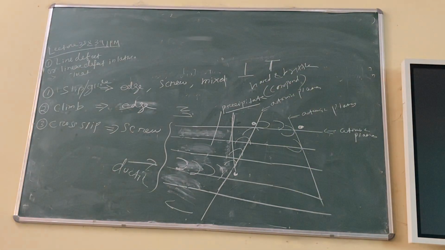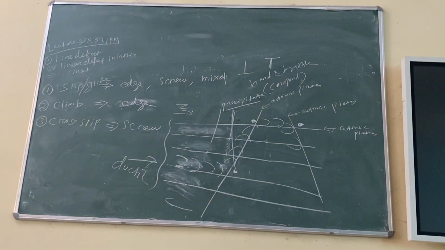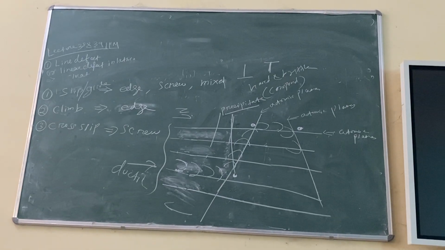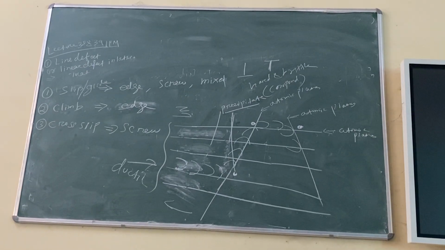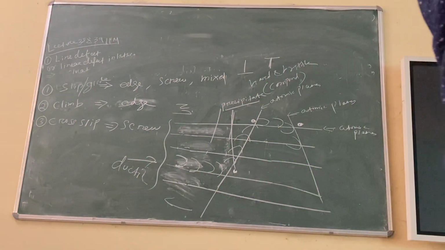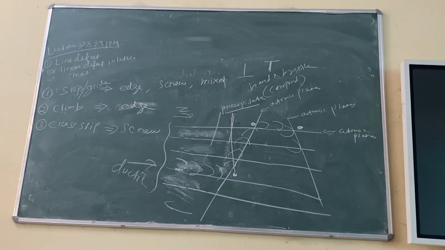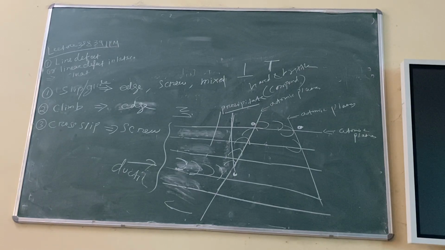And what about the solid solutions? In a solid solution, the size of the solute atoms may be big, may be small, right? Depending on that, a strain field will generate, and that strain field will interact with the tension and compression field of the dislocation. It will again stop. So strength will increase. These are the simple concepts. This one is called precipitation strengthening, and the first one is called solid solution strengthening. Both can be done by adding alloying elements only.